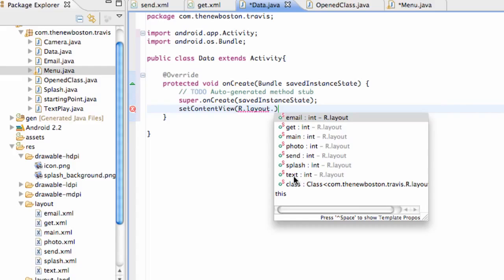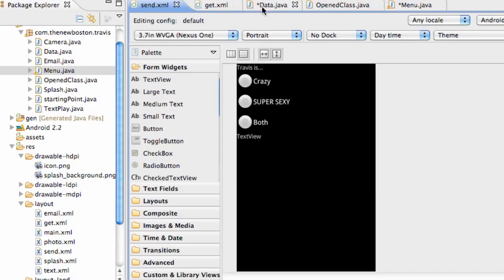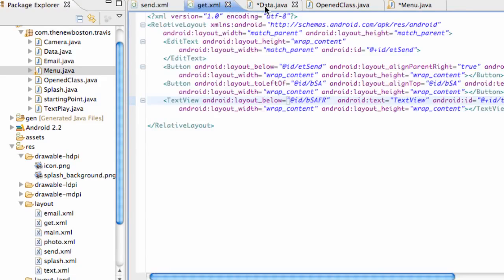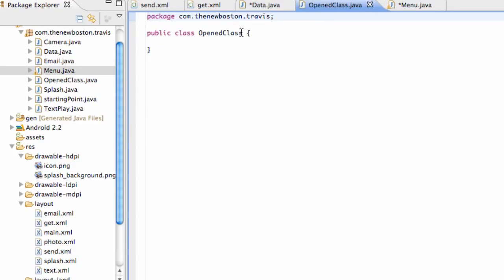For our data class, we're going to set that up to, what do we call that one? Send? Yeah, set that one to send. No, set that one to get. I'm sorry. And then set our other class called open class to send. I just want to make sure you got those references set up. And then initialize all of your variables, get them set up in XML, or the reference bridges that we've done plenty of times in the past. But don't worry about the RadioGroup for the open class activity. I'll show you how to set that up in the next tutorial. So basically just set up everything, and then I'll see you guys in